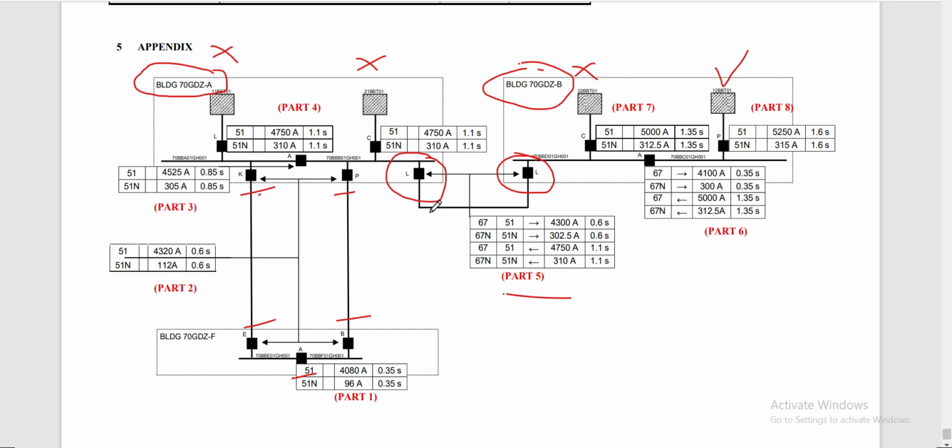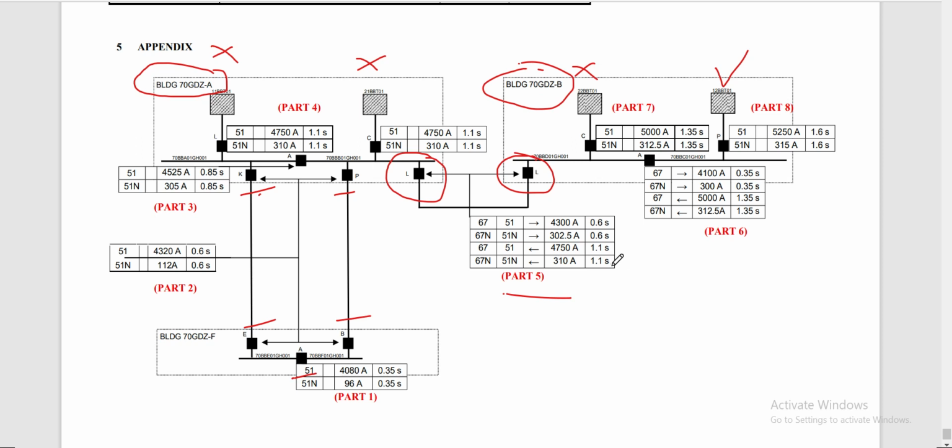So it's the same relay setting for both this relay, which is connected to the building A switchgear as cross-tie feeder, and also the relay for building B as cross-tie feeder. So on this side, our pickup time is